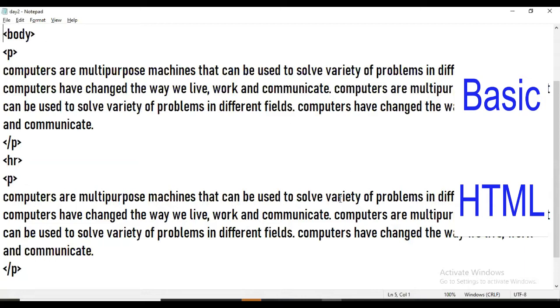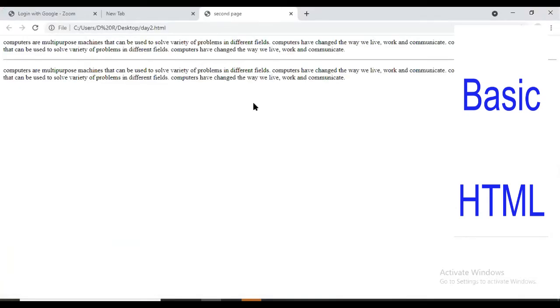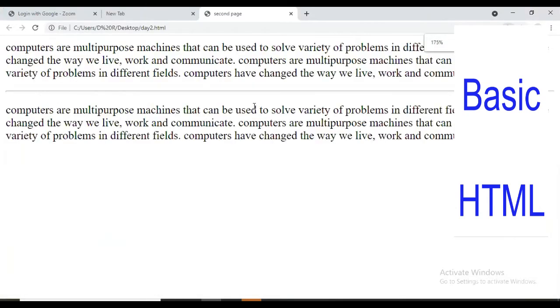File, save. Now you take a look at this one, the actual font. And now even if I have changed it in my coding and I am refreshing this page, nothing changed. Okay. So to change font family, we are supposed to use tag.